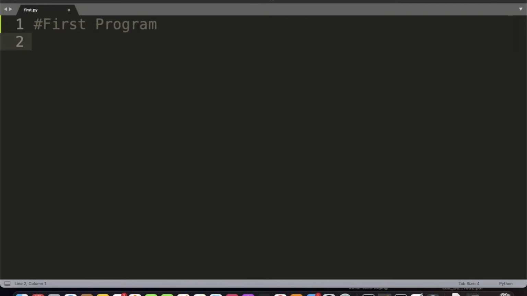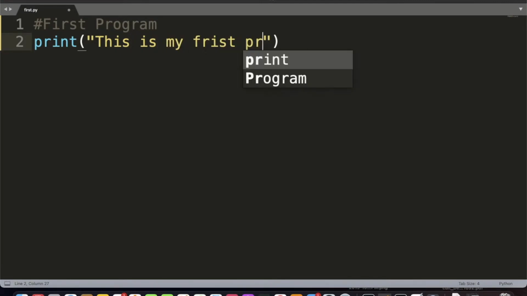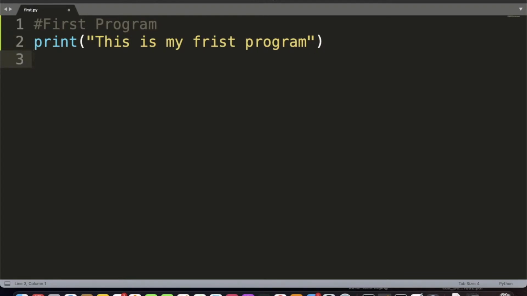So I'll use the command print. What does it do? It basically prints the string on the console, whatever I give within these quote marks, within these inverted commas. So accordingly this should get printed.